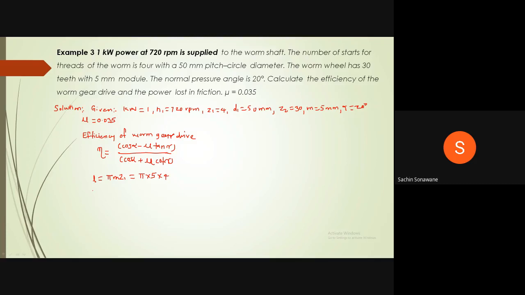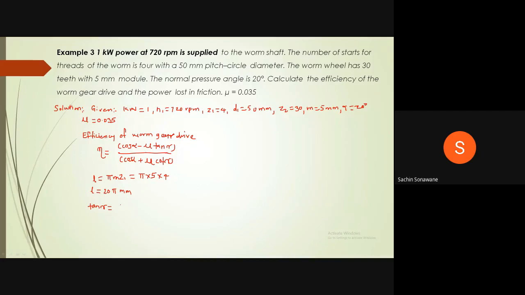Therefore, what is the lead? 20 into 3.14, or we will write 20 pi mm. Now tan of gamma